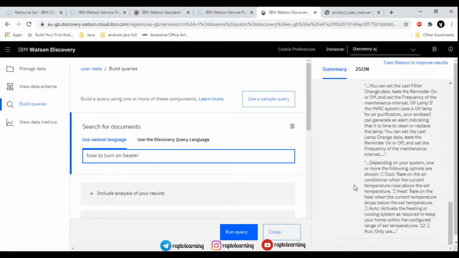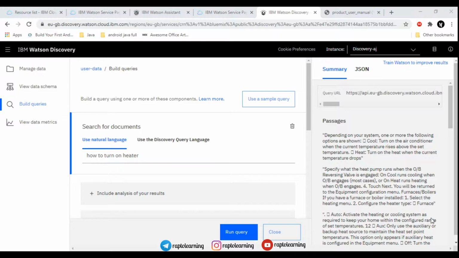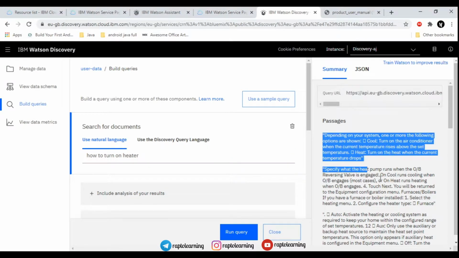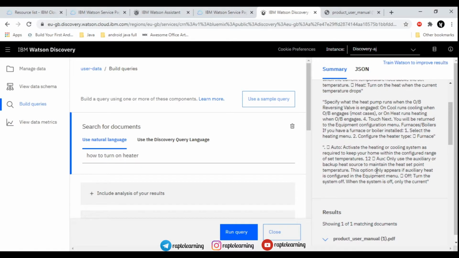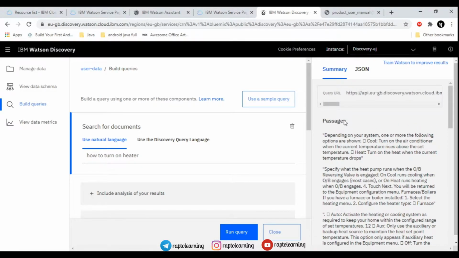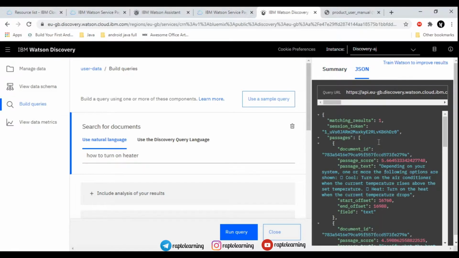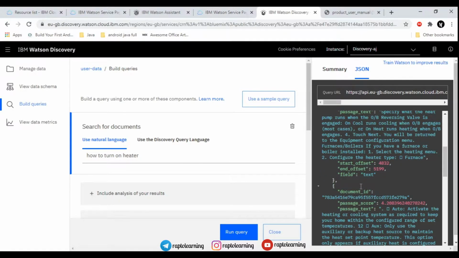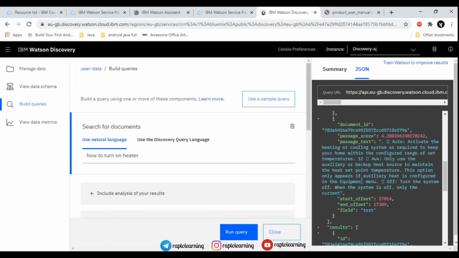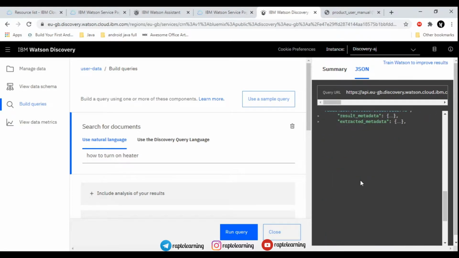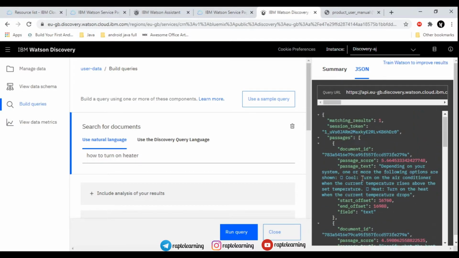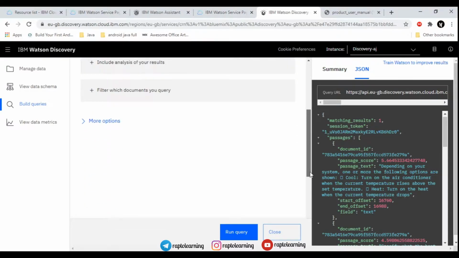So this is a bit complex, right? But the user will obviously accept only a single answer, not this many, 2 to 3 passages. So we will give the user a specific answer for that. So what are the steps? That is, the steps are shown in the second or third passage, right? So we will just go into the JSON file that is available. These are the three passages from where our Watson Discovery is searching the results. So instead of these three, we will give the user only one passage that is relevant to the answer.